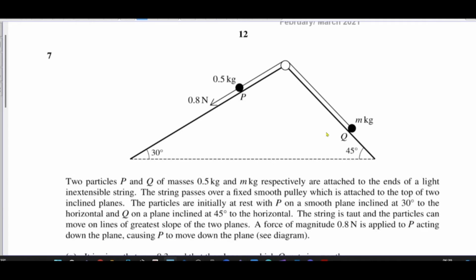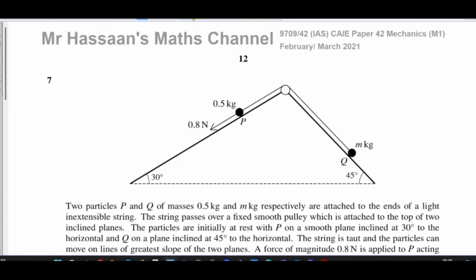Okay, so a few things before we actually go through the question. A lot of students have questions about this, which I'm going to try to address now. So two particles, P and Q, of mass 0.5 kilograms and m kilograms respectively, means in that same order, P and Q, 0.5 and m, which is going to be 0.3 for part A, are attached to the ends of a light,